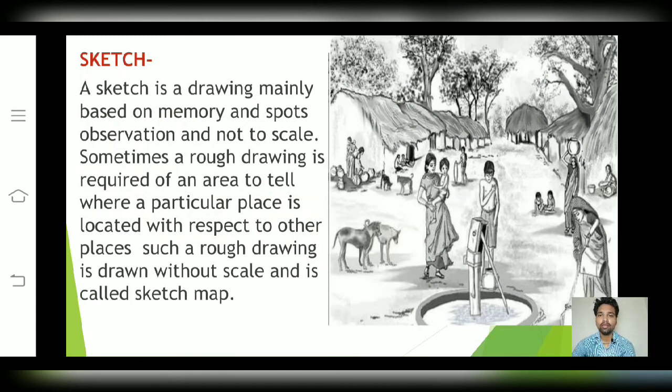Friends, a map is given here. What we see is that many types of men, women, huts, trees and animals are given there. But here it may vary from the actual position, as the information that was in our memory is what we put on paper. So the sketch gives the basic information but not the actual information because it lacks scale.